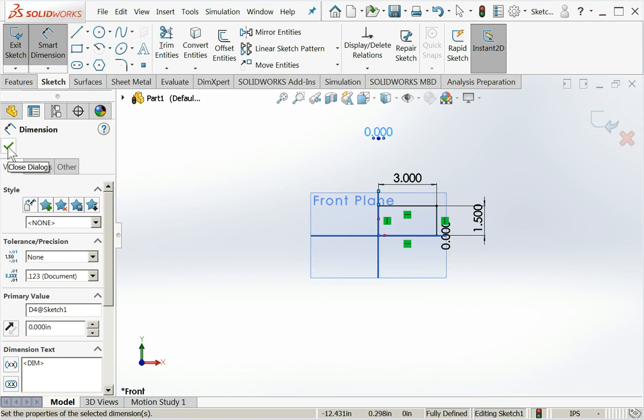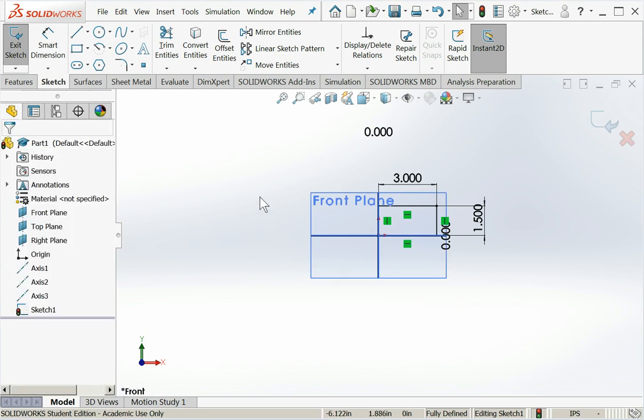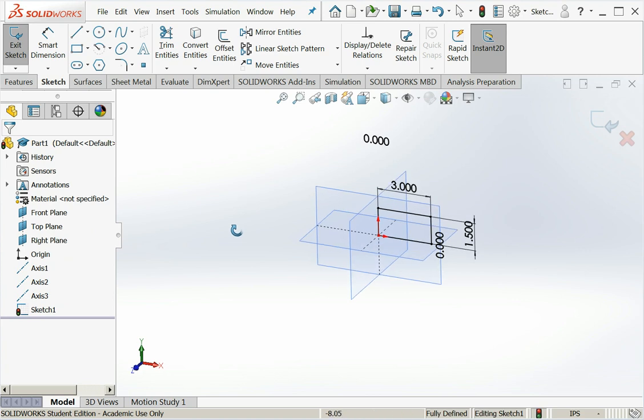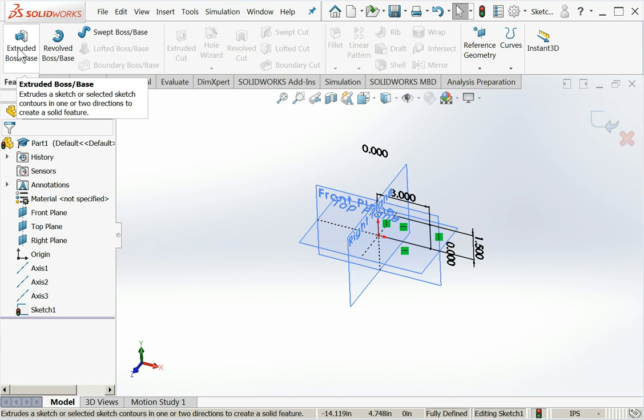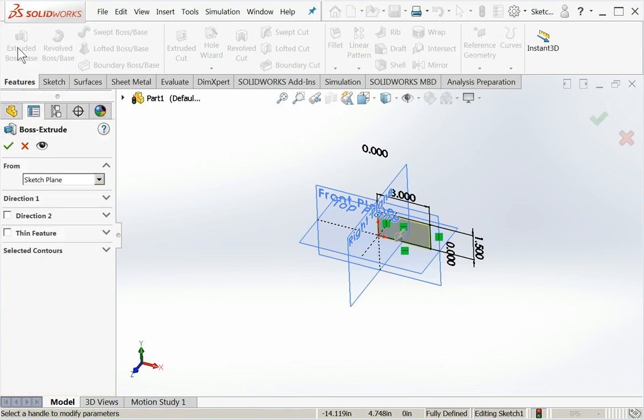I'm going to say OK to close my dimension dialog. I'm holding down the mouse wheel and rotating the mouse. If I now want to turn this into a solid body, I can click on the Features tab. I'll go to Extruded, Boss, or Base. And you notice it grays in, it becomes partly solid. So at this point, I can grab the solid that's being formed and I can stretch it out with the arrow to create a length,